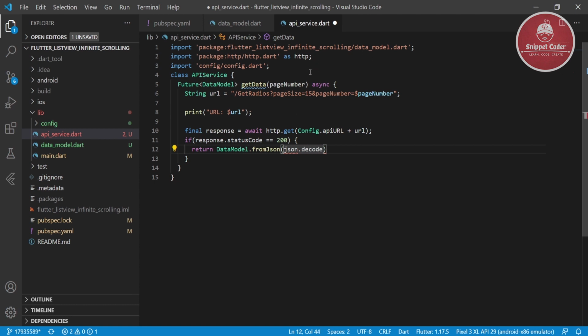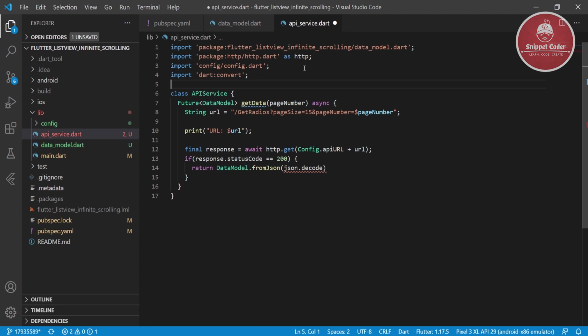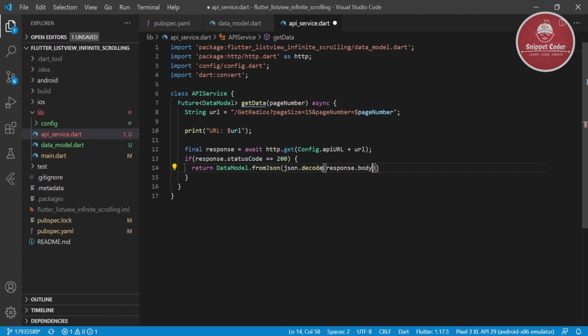We have to import it, import dart:convert. Then we will pass here response.body, else we will throw the error: Failed to load data.